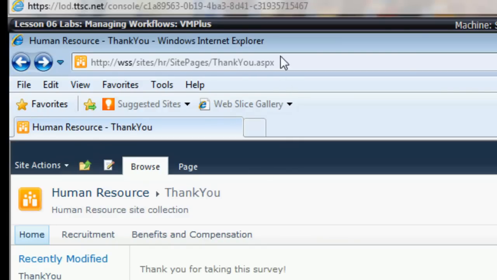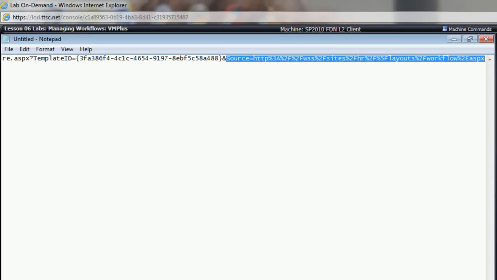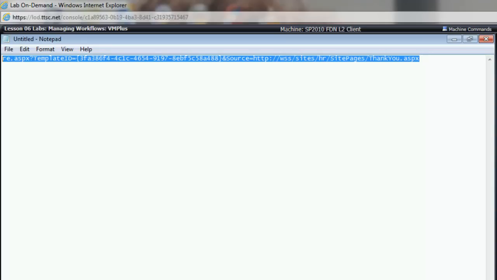But more importantly, notice the URL of where this page lives. That's what we're going to put at the end of the URL for the opening hyperlink. So I copy this. I go back down to my notepad. And after the equals sign after source, you want to leave source equals. I'm going to paste that right in there. So this just shows where the workflow should end up. So now I've got a good URL. And I'm just going to do a quick Control A here, make sure it's entirely highlighted, and then